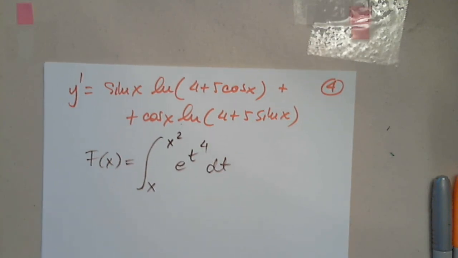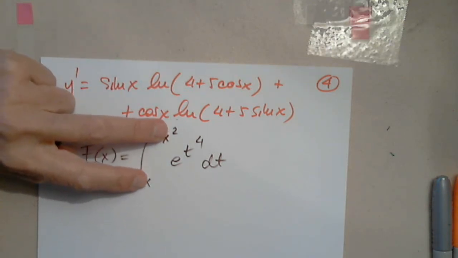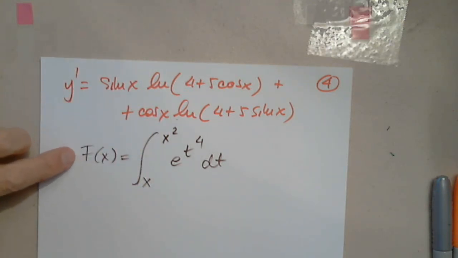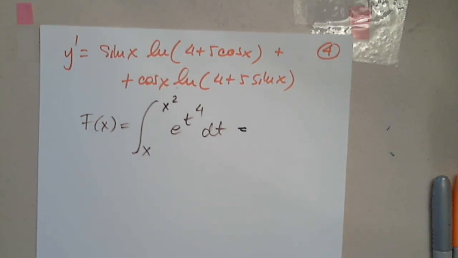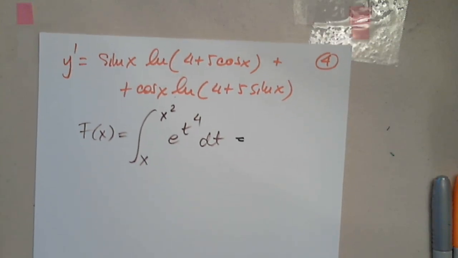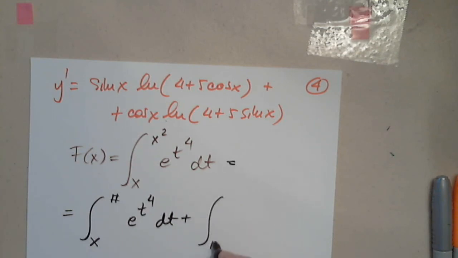Okay. Is it ready for differentiation? Of course, the same question. If I have functions here, I can only be asked to differentiate. I can never be asked anything else. So, is it ready for differentiation? No, not yet. So what should I do as the next step? You need to apply the same property. Very good. From x to a number, e to the t to the 4th dt, plus from the same number,